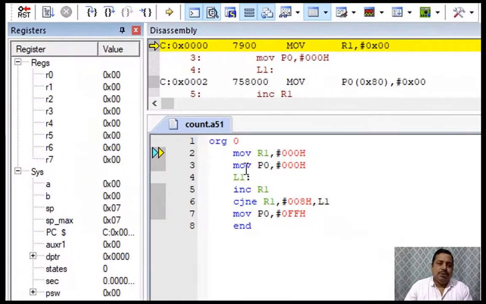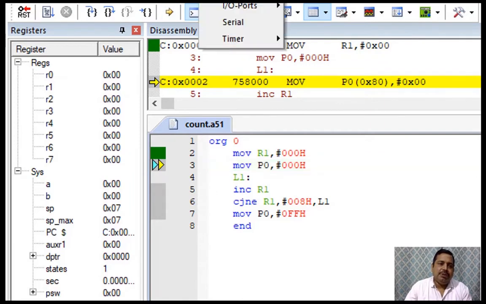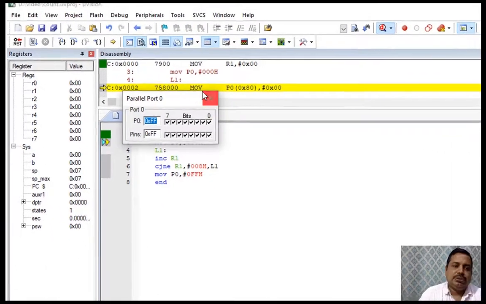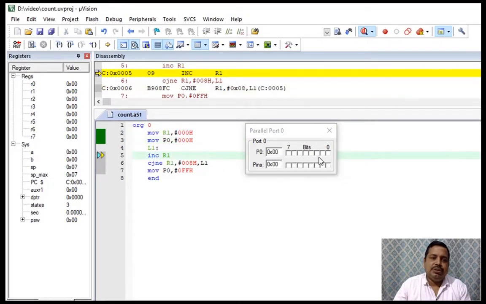In debug mode, see R1. You can see here it is 0. But now the port: how to see the port? Come here to peripheral, port, and port 0. From this place you can open any port you want. So I open this port, and I write 0 to it.